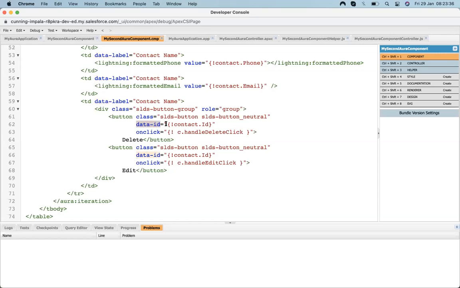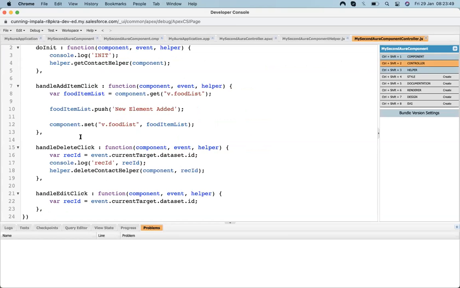Okay. So use the data ID whenever we have a chance of duplicates; only in that place use the data ID, else don't. So use the data ID and get it from here via this method. Here the event plays the role.